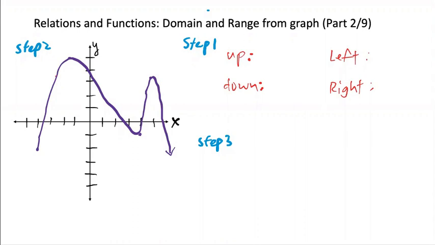So in step 2, we need to identify all the important points. There's one here, looks pretty important. So we have 4 and 2. If you want, you can just write down 4 and 2. And the maximum point, this little guy, is 5 and 2. So 2, 5. Don't forget about the negative because we're dealing with the left side.